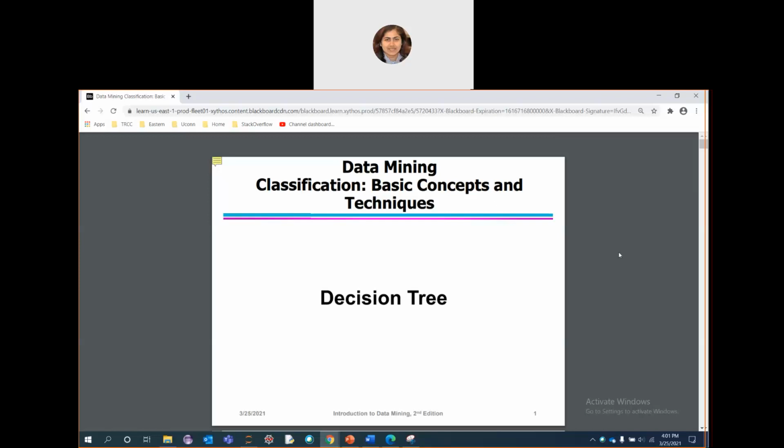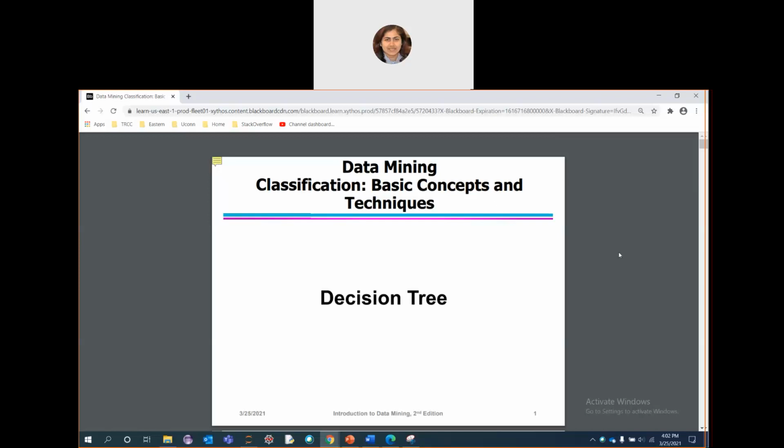So decision tree is a decision support tool which uses a tree-like structure or model for decisions and their possible consequences, including chance event outcomes, resource costs, and utility. It is one way to display an algorithm that only contains conditional control statements. So, based on certain conditions, you will move through the branches of the tree through different nodes and make your decisions as per your requirement. And decision trees are commonly used in operations research, specifically in decision analysis.